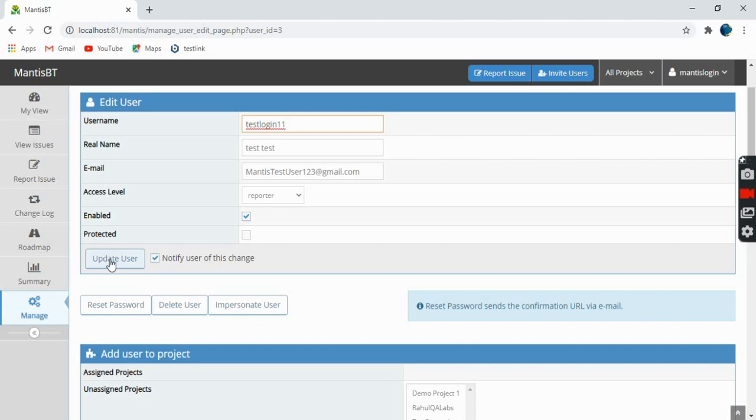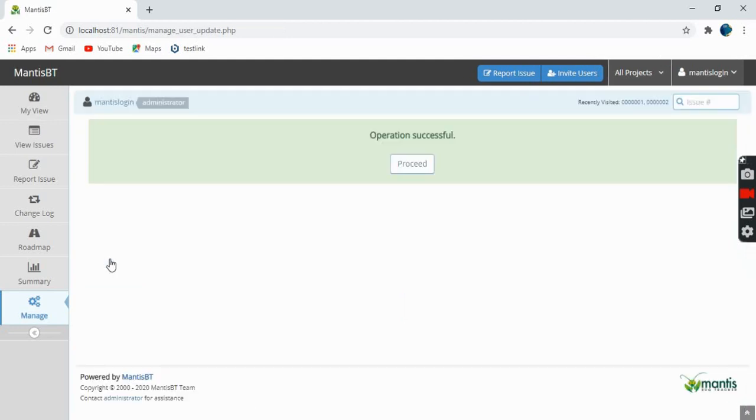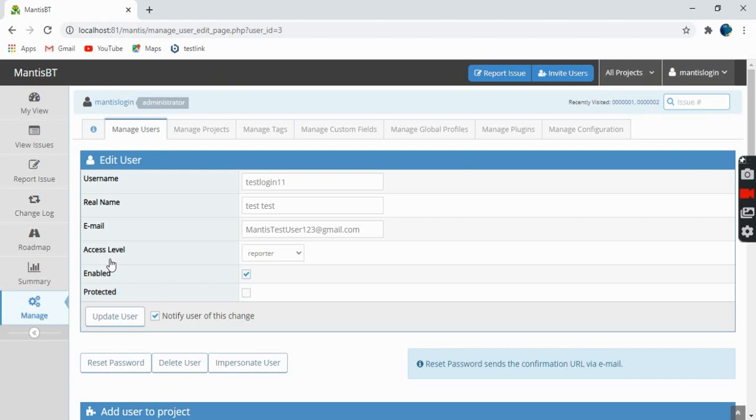I will click on update. Okay, see, the operation is successful. The username got updated. So this is how you can create and edit a user in the Mantis BT application.